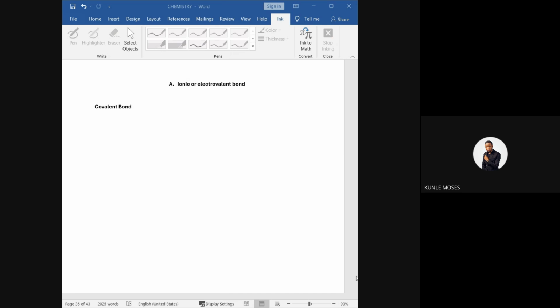So at that instance, hydrogen is not donating an electron. They are both sharing the electron. So hydrogen and chlorine share the electron, and the bond is covalent. But chlorine is more electronegative than hydrogen, and that is why the electrons are shared unequally. This is what we call polar covalent. So the covalent nature between hydrogen and chlorine is polar covalent.